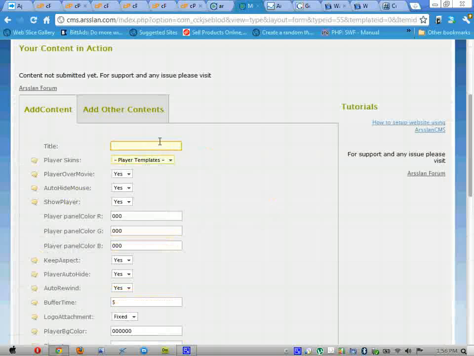And selecting now I have to give this a player title, and this title is going to be just for my reference. It's not going to be just for my knowledge, just for my reference. Like for instance, when I will be choosing a player with my video, so what player do I want to play with a specific video? So when it comes to that, I will have to select this will help me out. So I'm going to give this a title,